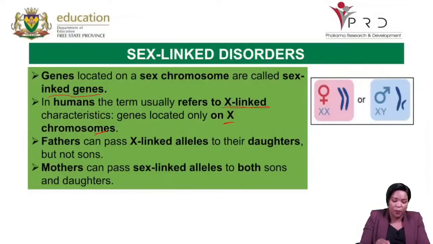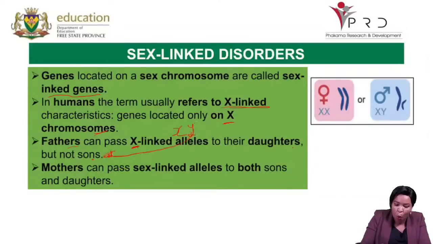X chromosome. Fathers can pass X-linked alleles to their daughters, but not sons. Why? Because they will be on the X chromosome, and fathers only have one X and one Y. If a father has a son, then the son will only inherit a Y from the father and not the X. So that is why we say they can only pass the X-linked alleles to their daughters, if the father gave the X chromosome. But mothers